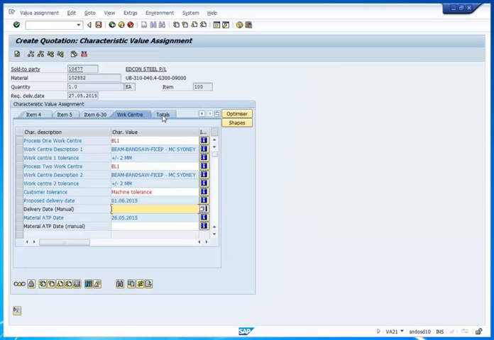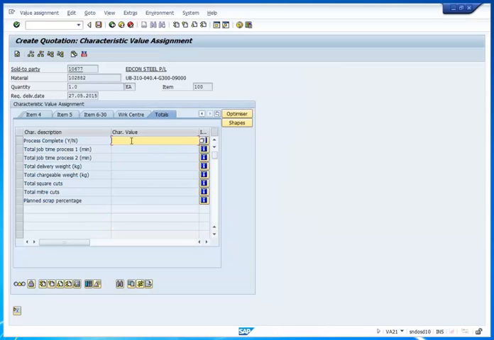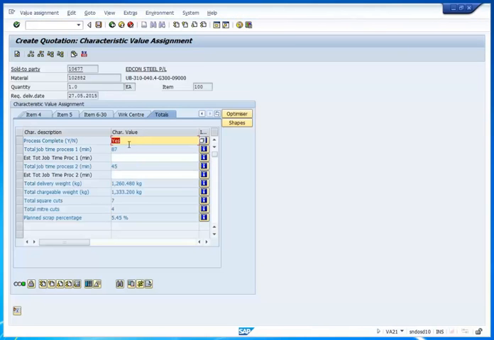We click over to the totals tab and we confirm to the system that we are finished and our process is complete. So if we put a Y in there for yes, the system will then come back and say, based on the information that we've entered in, process 1, which is our cutting component, will take a total of 87 minutes, and process 2, which was our drilling component, will take approximately 45